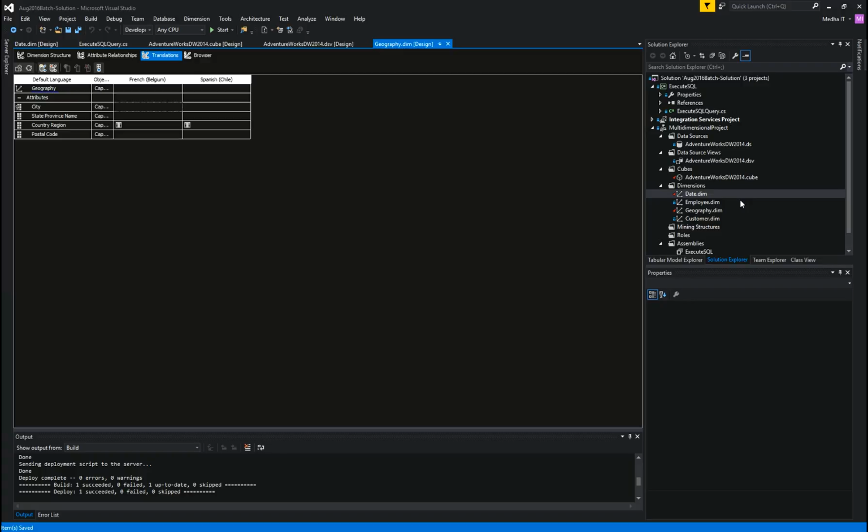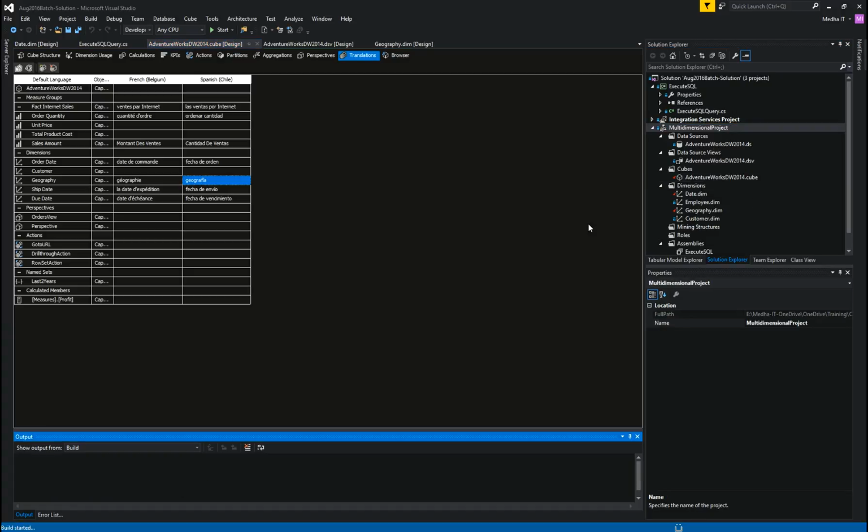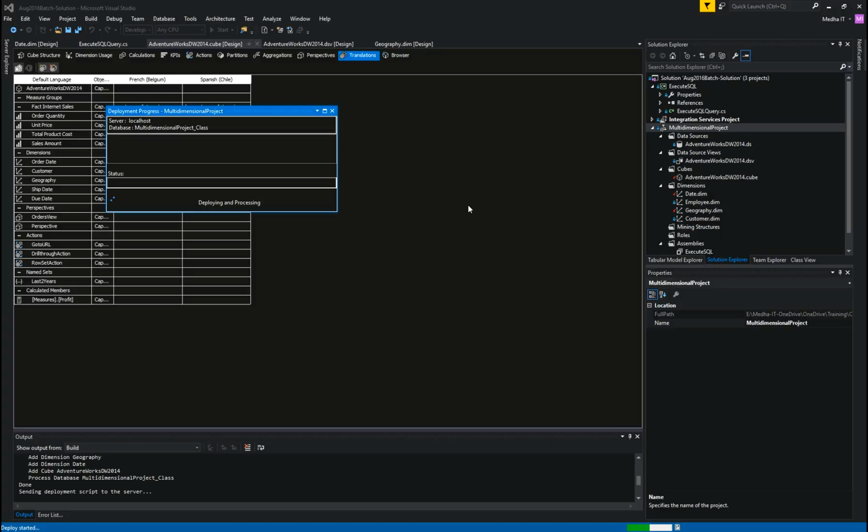So, I have to set up the translations at the dimension level to show the translated data for individual data or individual members, and at the same time I have to set the translation at the cube level to show the titles, the names, in the appropriate or corresponding language. Okay. Now, I will say deploy. So, it is deploying and processing. Once deployment and processing is done,